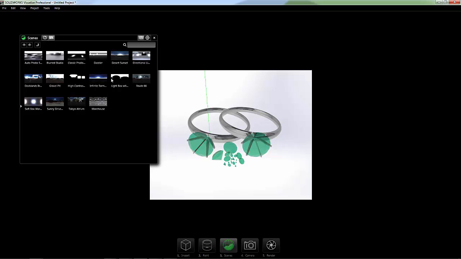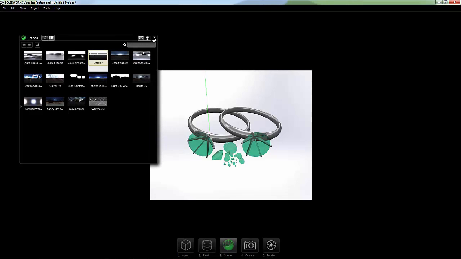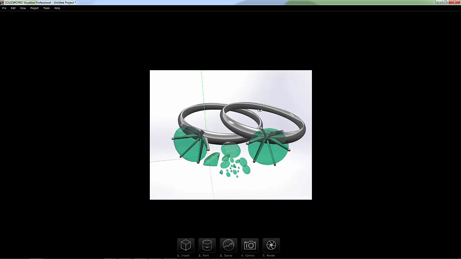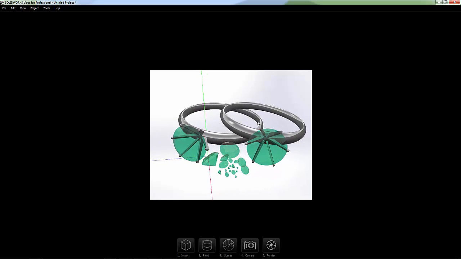So let's go ahead and try the Dazzler just because it has some nice lighting to it. All right, so when we add that, the scene has different lighting associated with it as well, and we can see the lighting represented from the reflections we see on the ring. We're actually able to, once again, rotate the model and the view we currently have of it just by holding the middle mouse button. But if I want to change the scene, rotate the scene around the CAD model, holding the CAD model still,